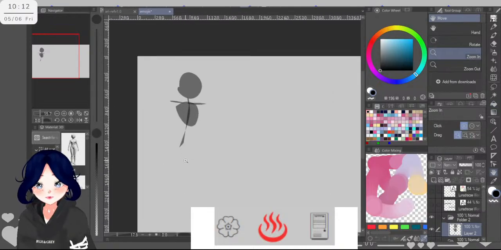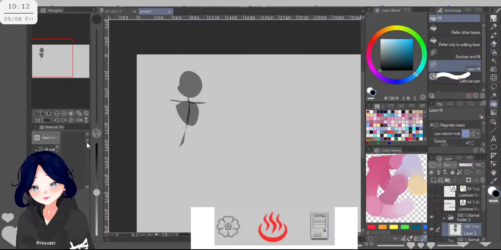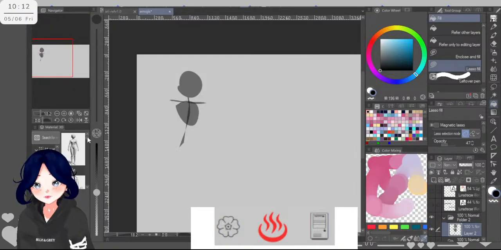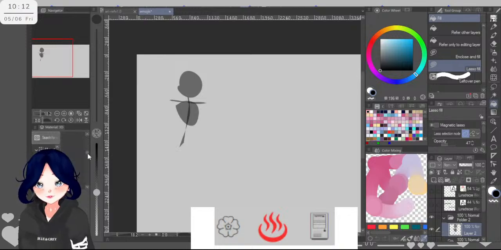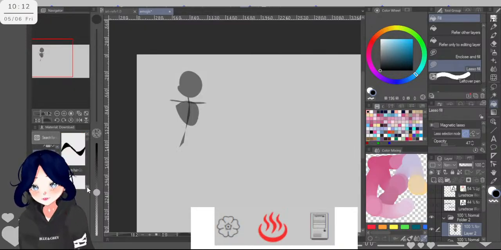Okay, so I was thinking something like maybe a combat pose. But I don't see it right now, what I initially had in mind. I remember I had done some poses like that somewhat recently, so I am looking around here.